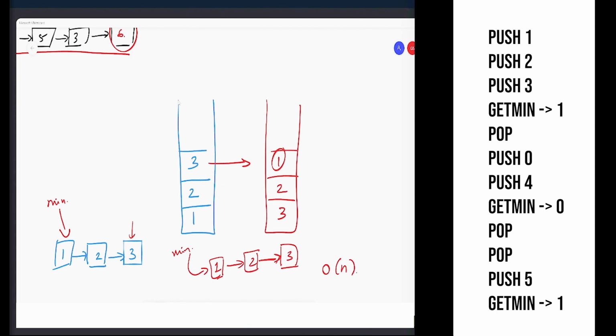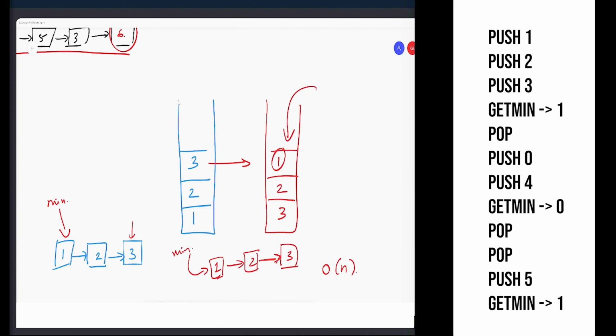Why do I keep a linked list of pointers? What if I just have the minimum in my hand now? The problem is when I get rid of one, then I have to find a new minimum. If I am entering a number which is smaller than the top, then only do I need to do something.